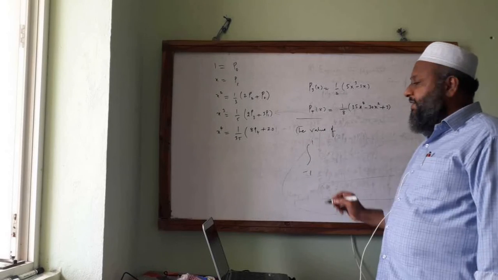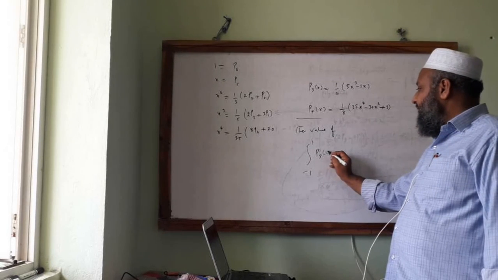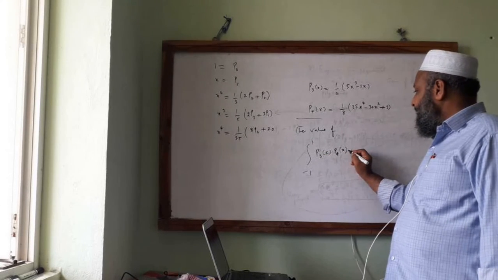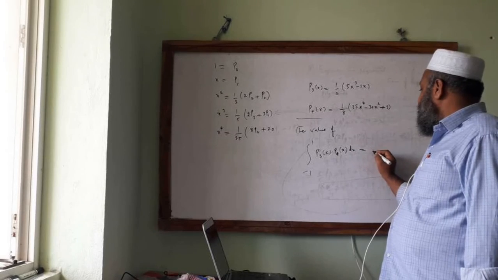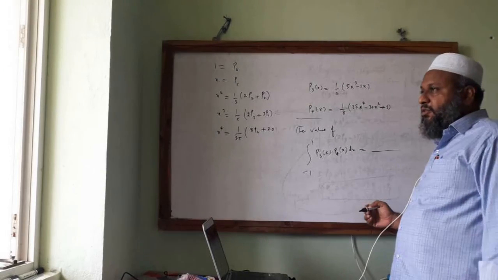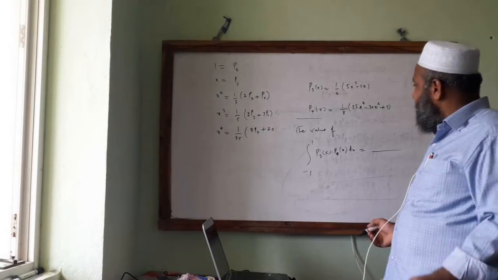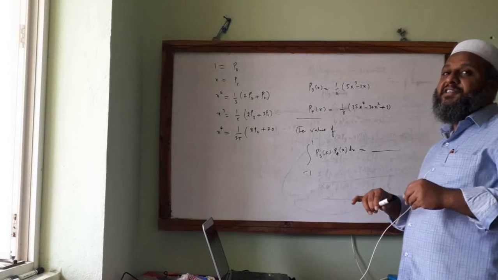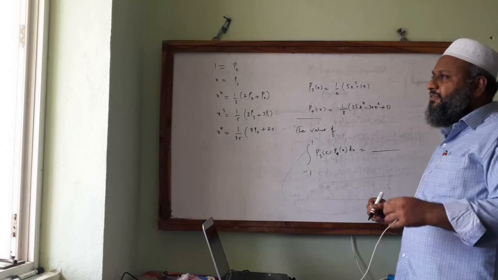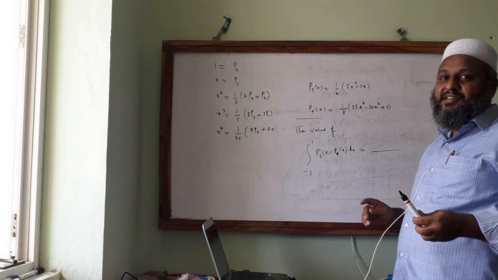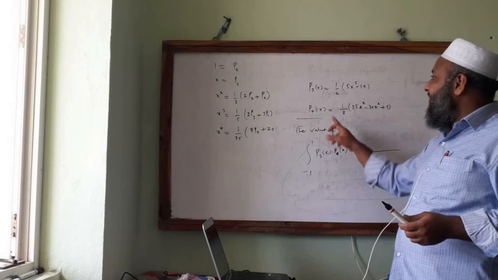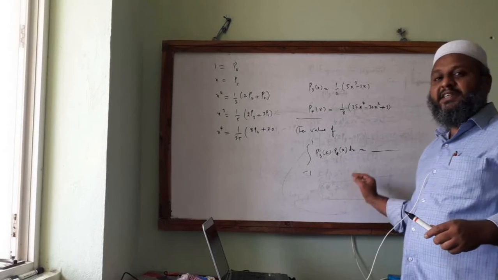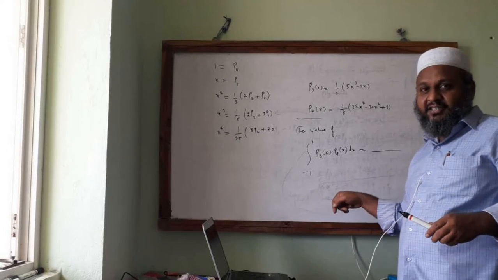Suppose in the GATE examination, a question comes: the value of the integral from -1 to +1 of P3 of x into P4 of x dx is dash. They may give the actual values in the options. By looking at this problem, a very common student feels very happy. What does that student think? Oh, I know about Legendre polynomials, I will substitute the values of P3 and P4, multiply both of them, integrate from -1 to +1, get the value, and then see the options.